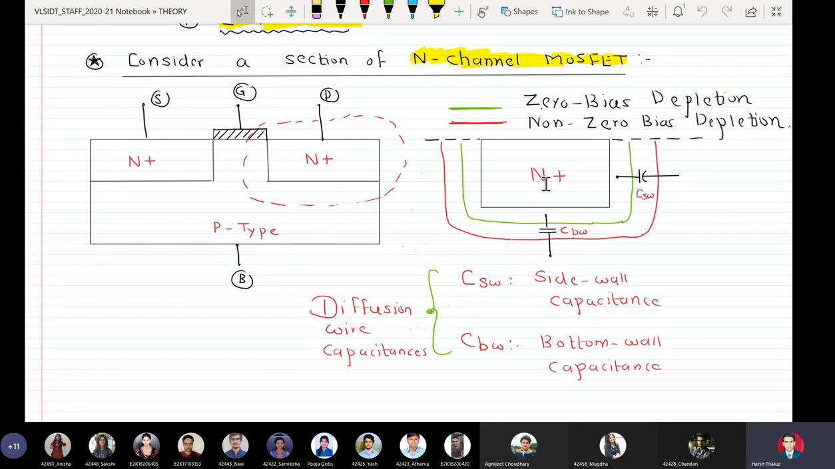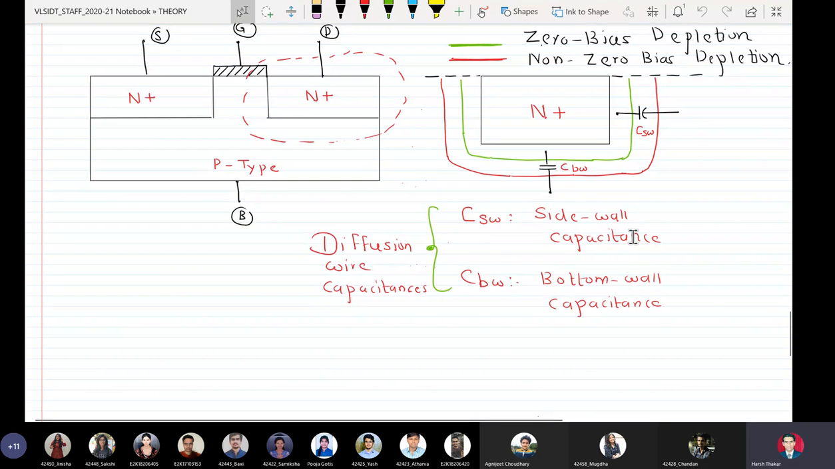I repeat, zero bias depletion refers to the depletion layer formed when VDS is equal to 0, and as soon as some potentials are applied between drain and source, then the depletion layer will shift. So the red color depletion layer is called non-zero bias depletion, and we have denoted two capacitances, CSW, that is side wall capacitance, and CBW, that is bottom wall capacitance, and we have denoted that both side wall and bottom wall capacitance are under the category of diffusion wire capacitance, right? So we can say here zero bias depletion